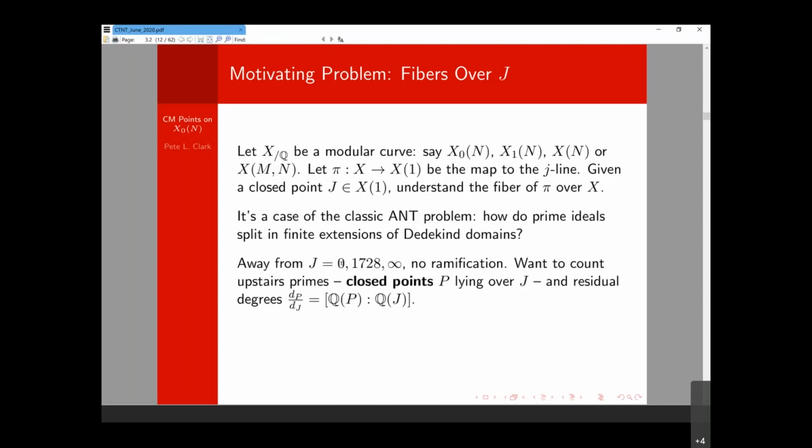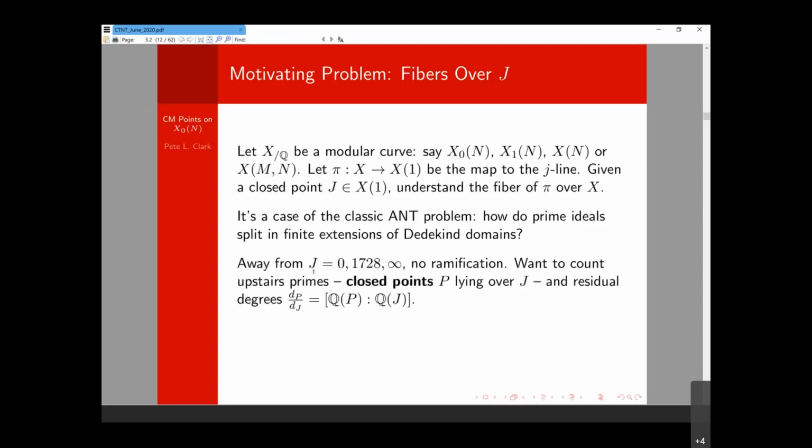Later on, I'm going to remove j equals 0 and 1728 anyway. Those are the only ramification points. So away from that, what are you trying to do? You're just trying to figure out how many upstairs primes you have lying over your downstairs prime. And for each one, you want to figure out what the residual degree is, the F in the sense of